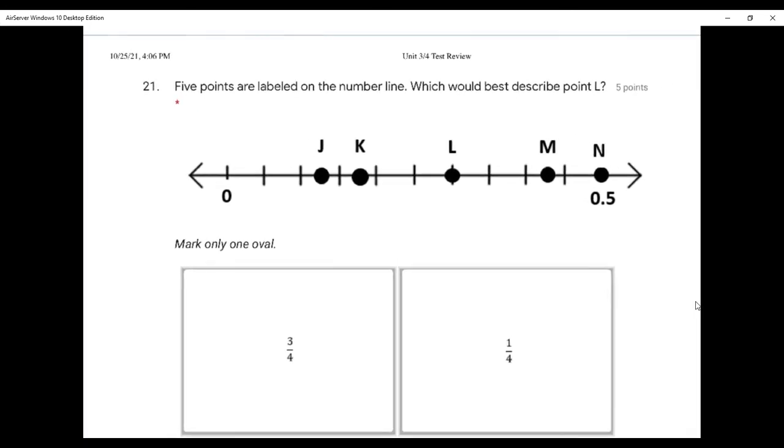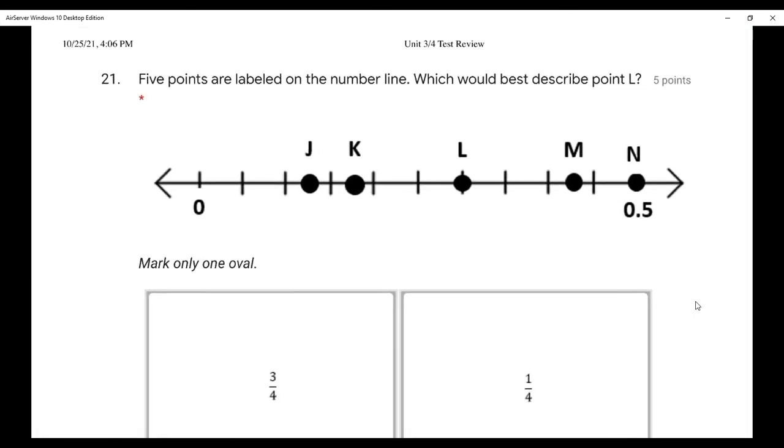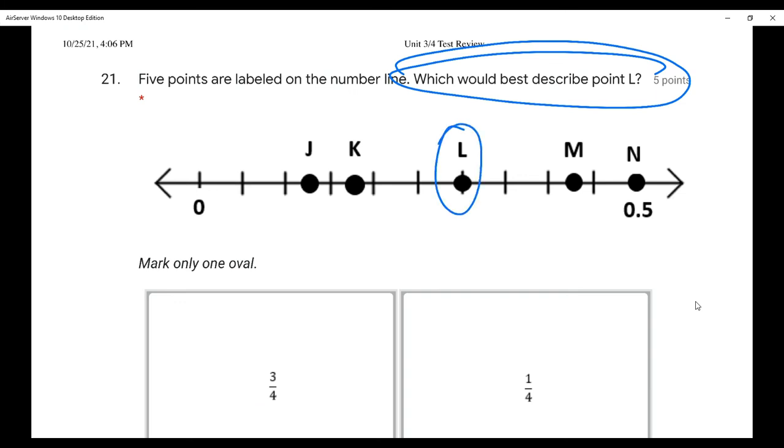Okay, this one. 5 points are labeled on the number line. Which point would describe point L? So we're looking, where would this be? So first off, notice it's going from 0 to 0.5. And I'm going to go ahead and do 50. So it's going from 0 to 50 cents. So in between, it looks like I'm counting by 5 cents. So this would be